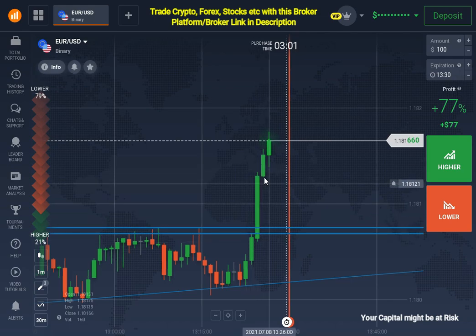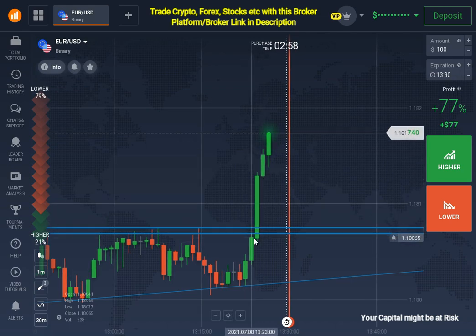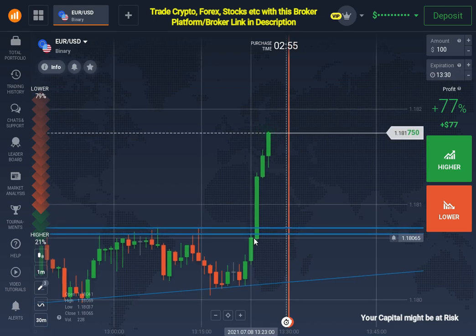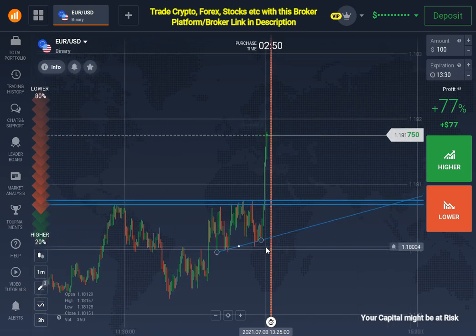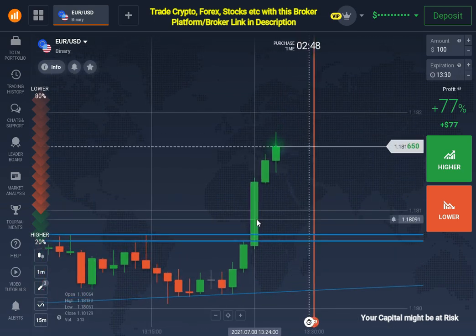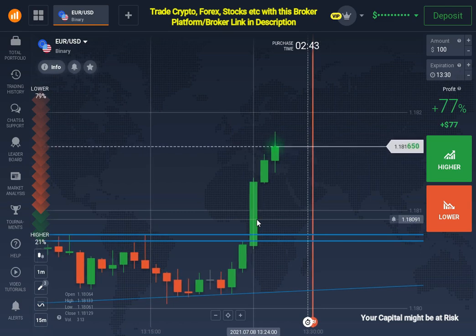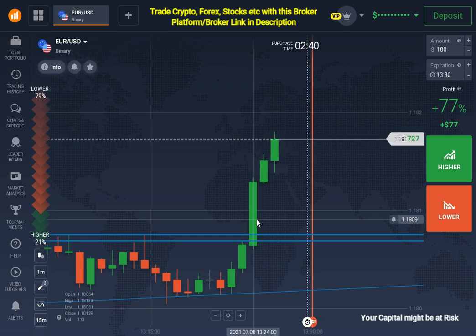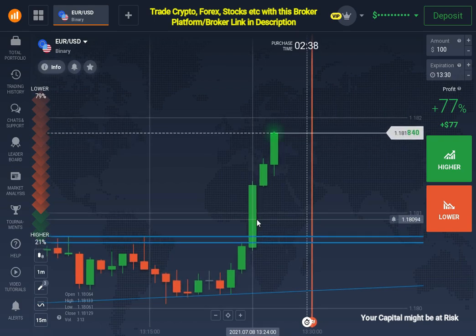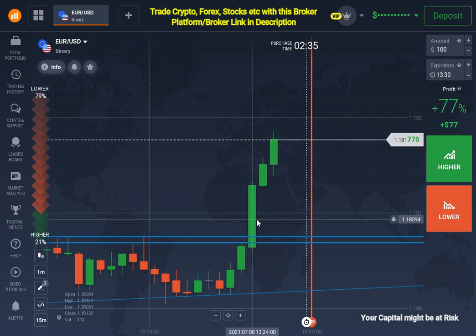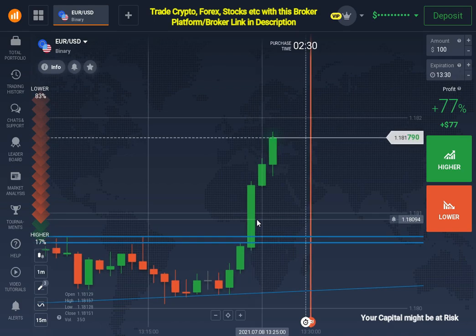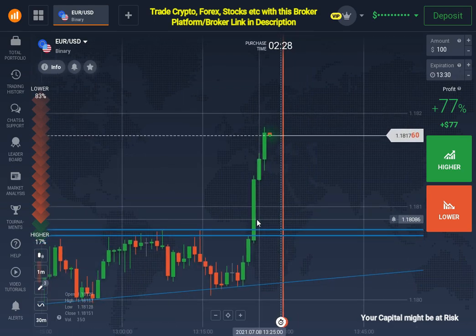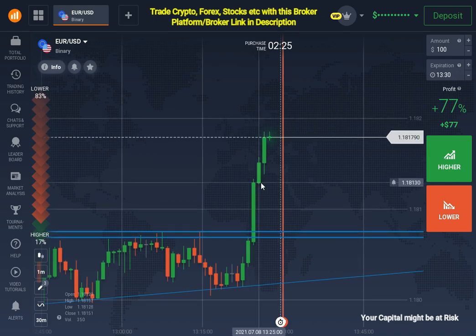It could be because of some news. So in such cases, always try to stop yourself from taking a trade because it is very risky. Although in this case it is going smoothly upward, to be on the safer side, do not trade when you see a high volume candlestick breaking a level of support or resistance, because in such cases, in most cases I can say, the market reverses very quickly. That's why I didn't place my trade here.